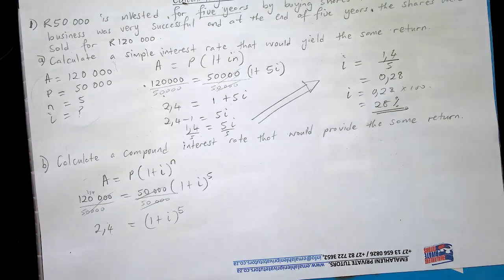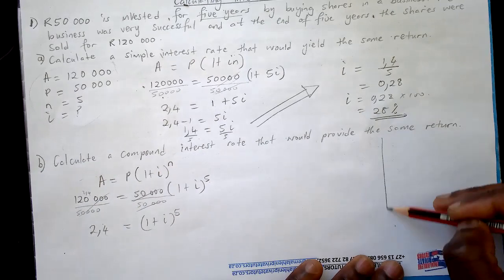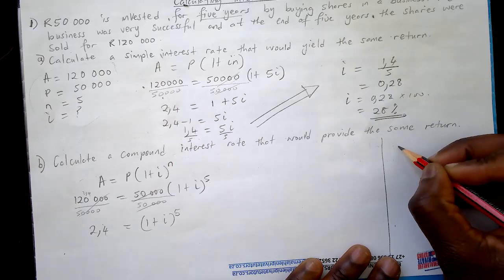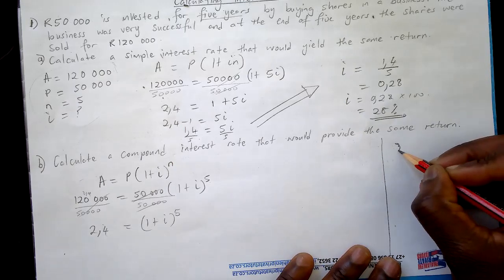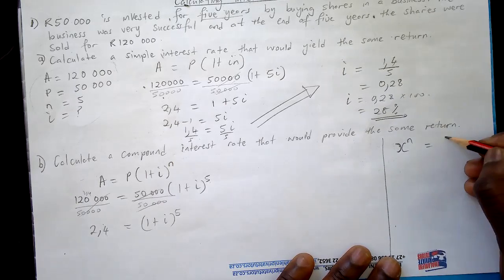Okay. Now, when we have this, how do we remove the 5 here? That's the question. I want you guys to understand something here. I'm going to do it here. So if you have X to the power N is equal to B,